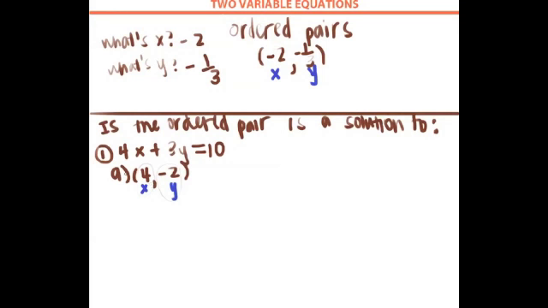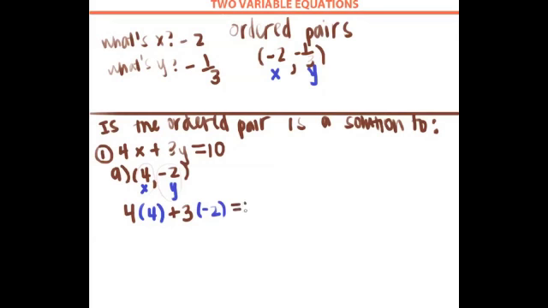So this 4 that I'm about to write is the 4 from the ordered pair. I came to an x, so I'm going to substitute it with 4. Plus, there's my 3 that was originally there. Instead of y, I'm going to plug in a -2,